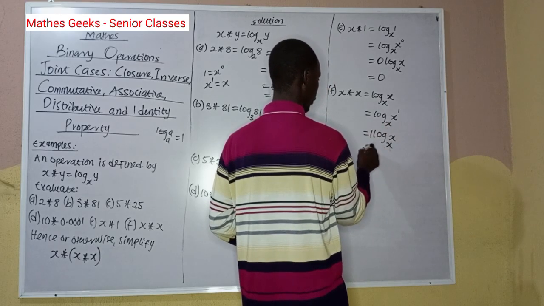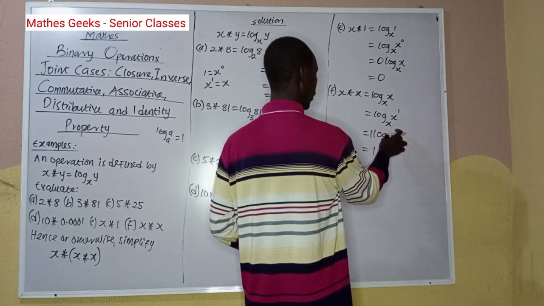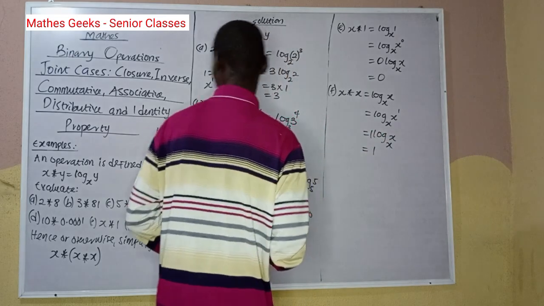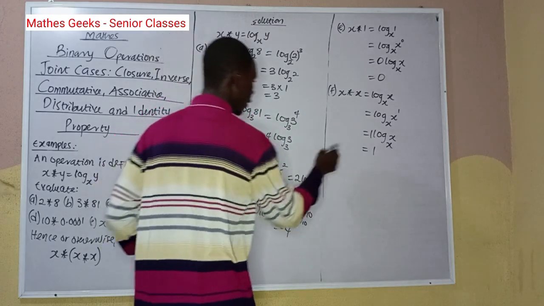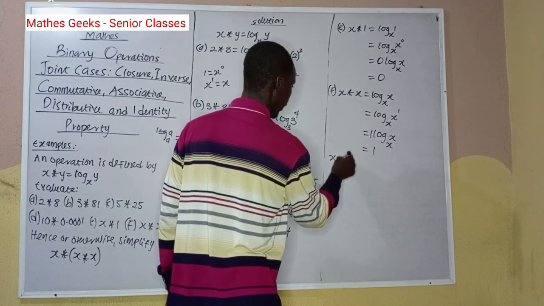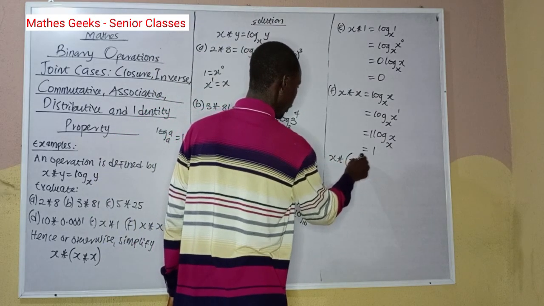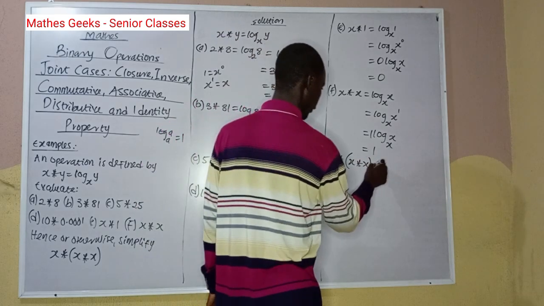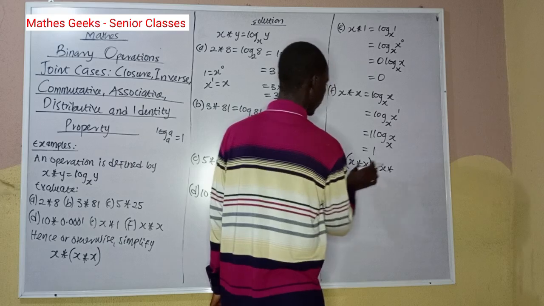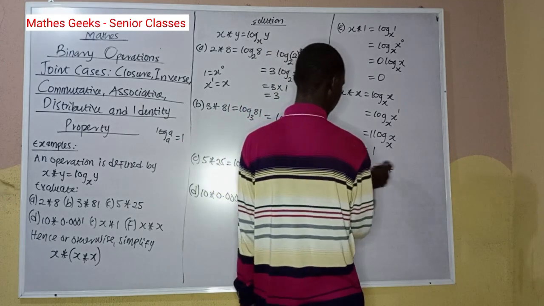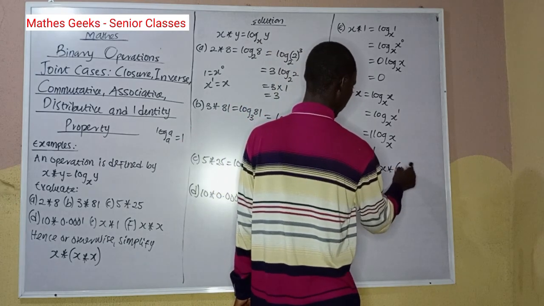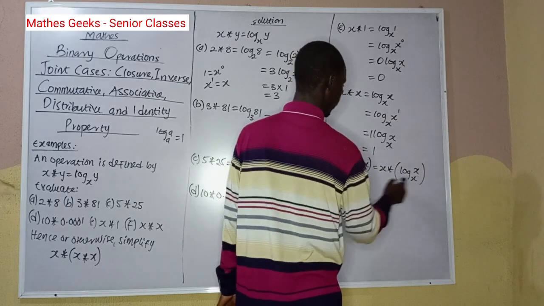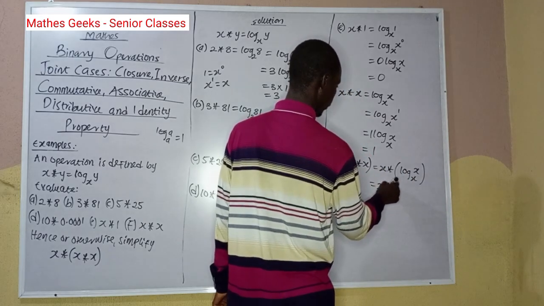So this equals 1, since log of x to x is 1. 1 times 1 is 1. Yes. So the next part, simplify x star. So we're going to simplify this part first of all. This will give us x star. Now x star x is equal to log of x to x, and that will give us x star